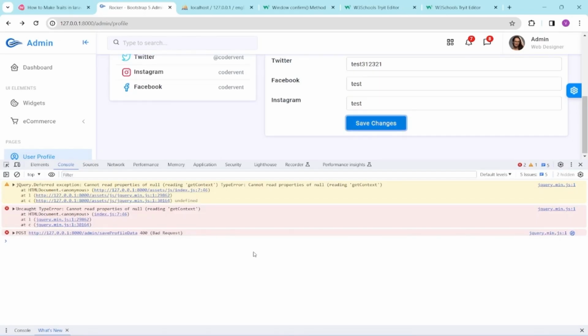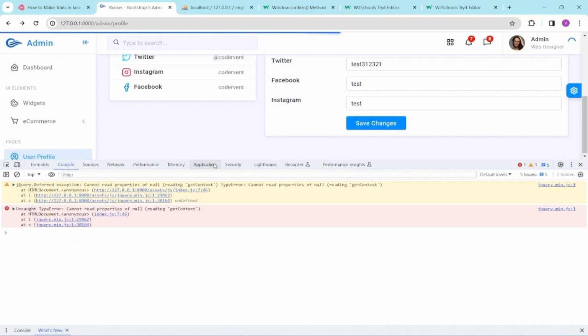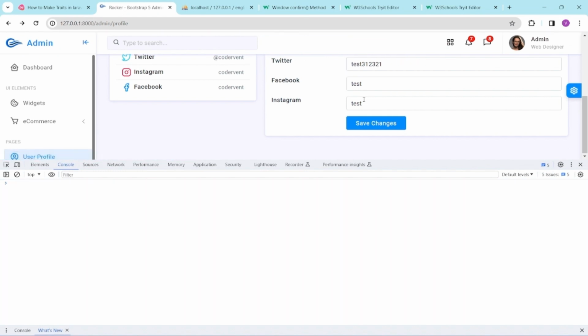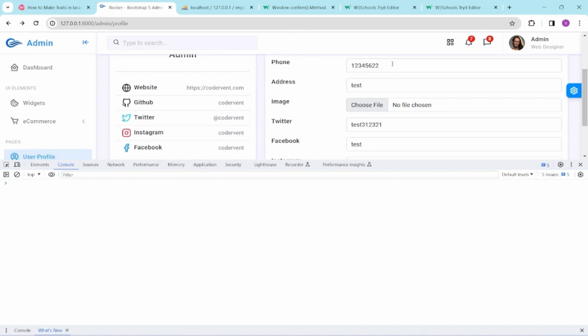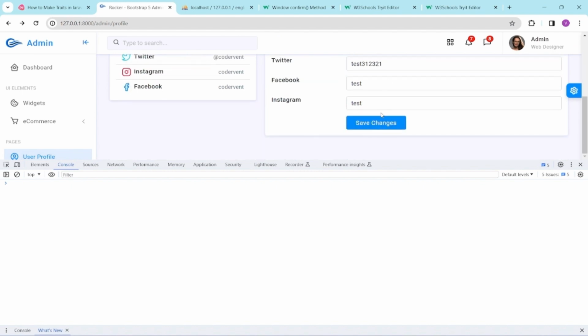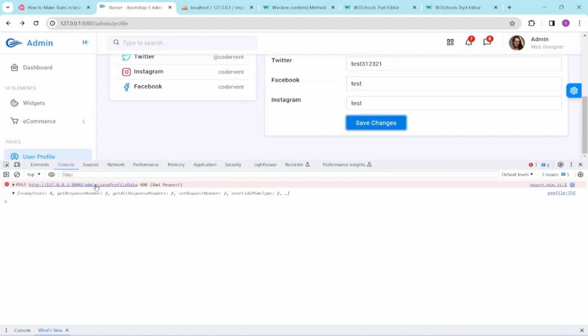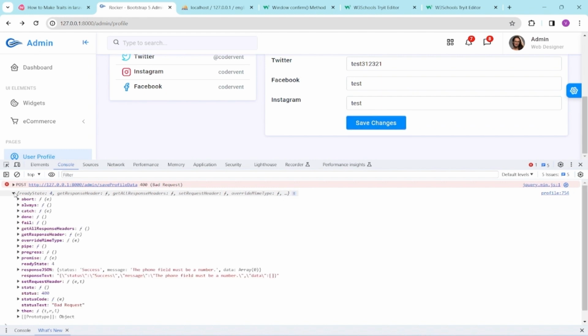Refresh once again, sorry. Phone, adding an error. Now in the error part, when it goes to the error function, it actually saves the data into